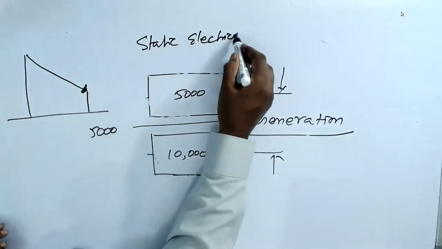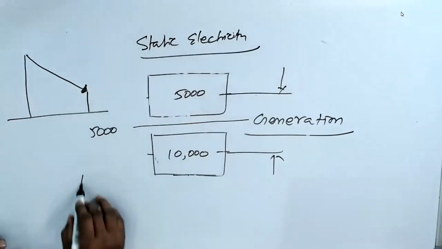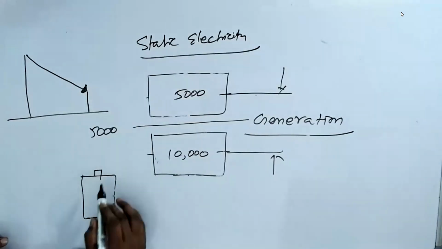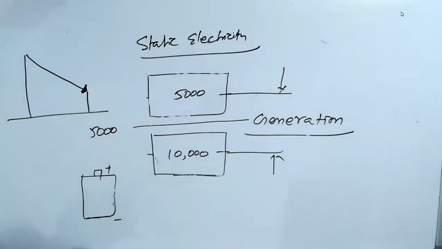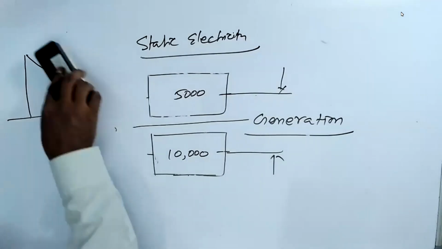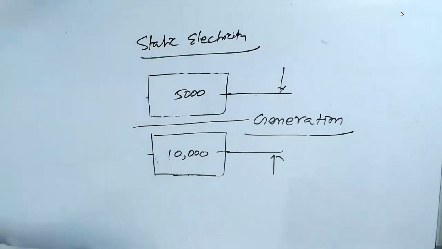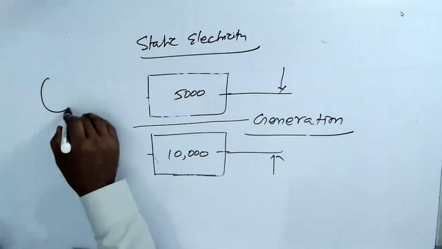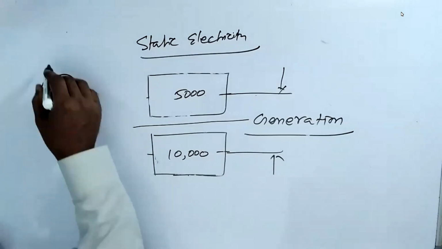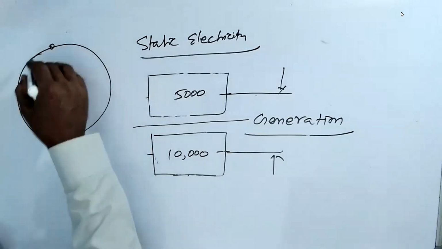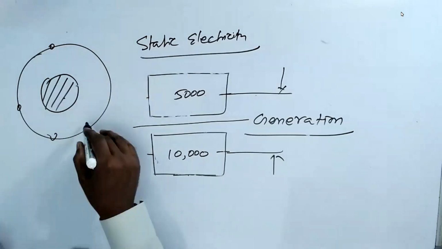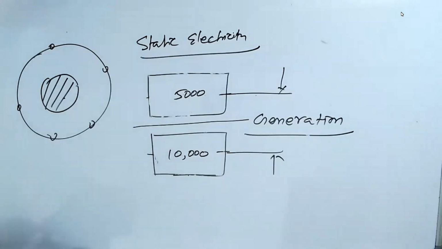Like a battery, static. A battery is a static electricity, plus and minus. Here's a trick. It's just one small trick, one small mistake, not mistake. It's the way they found the invention. When Benjamin Franklin found a thing, he said that there is a particle in the middle which is very powerful, and a particle outside. I'm talking about 400 years back. Those days, 1700, they were trying to find something from the lightning.